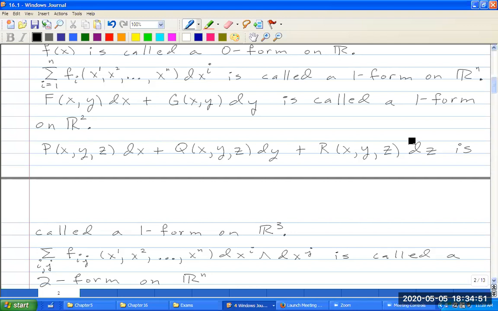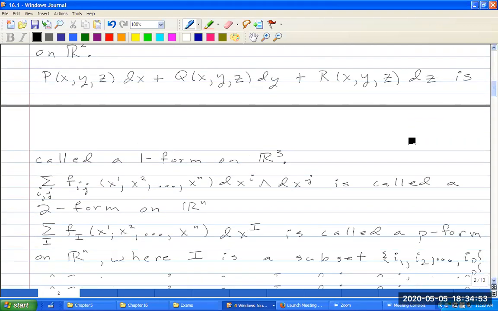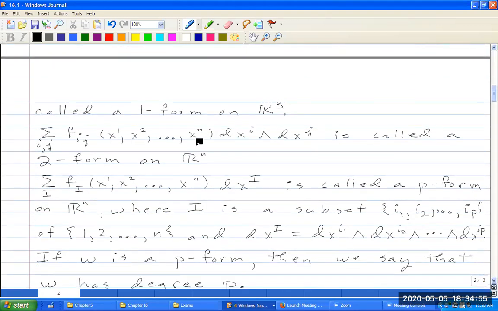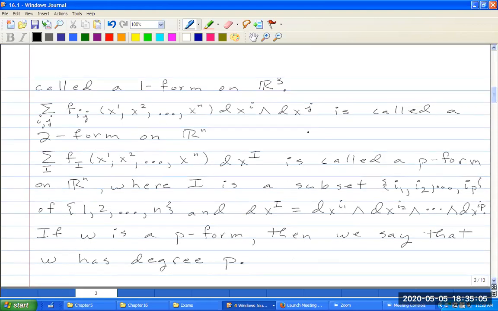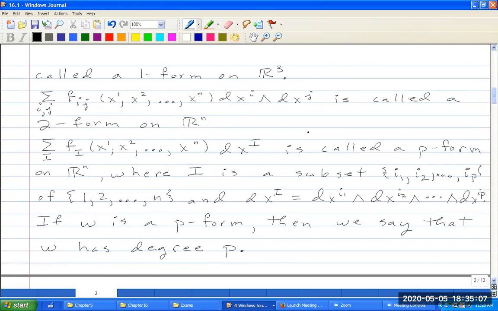The sum over i,j of f_ij(x1 through xn) dx_i wedge dx_j is called a two form on Rn. I'll be telling you what wedges are in a second, but